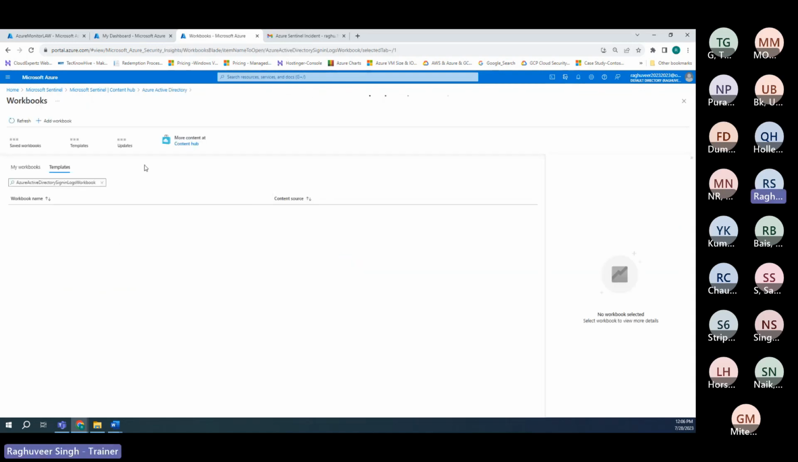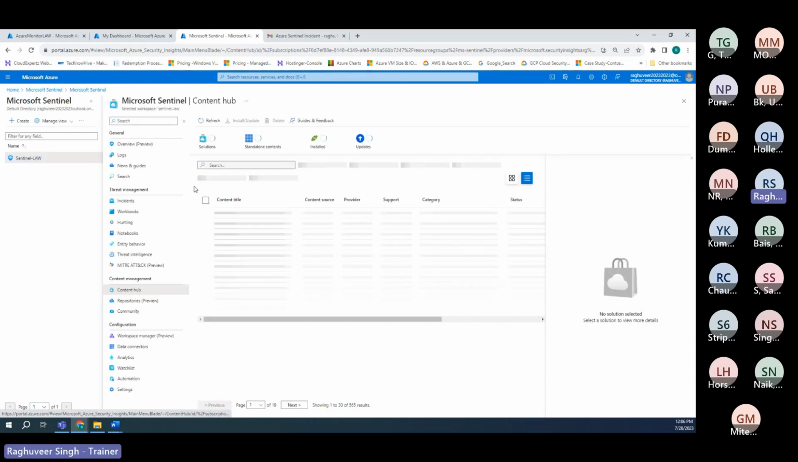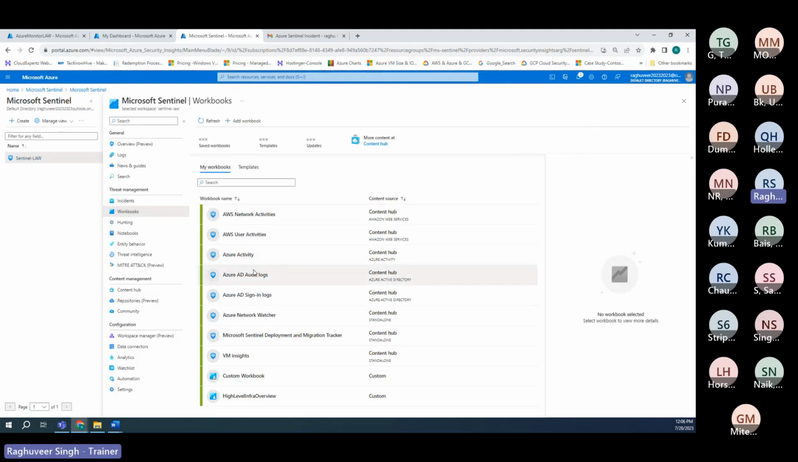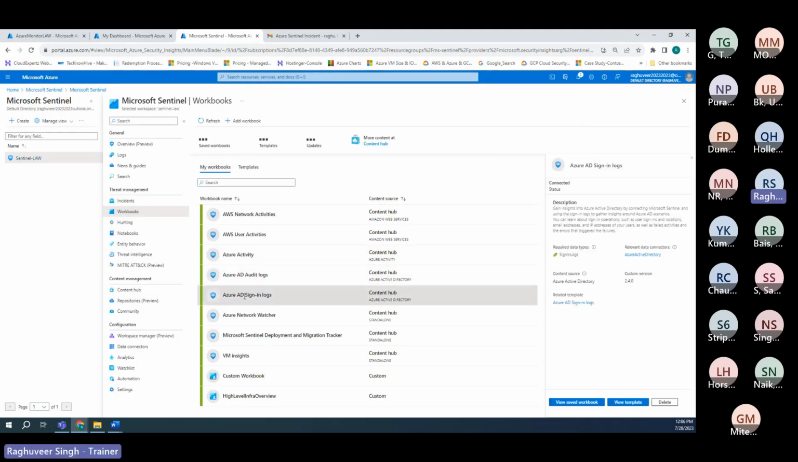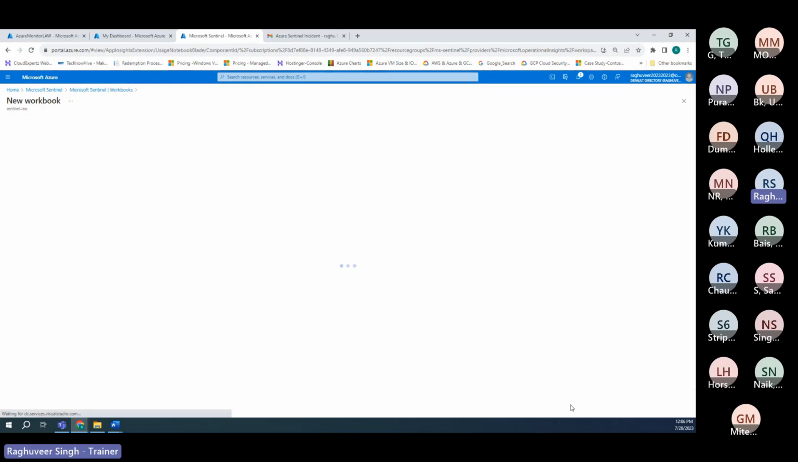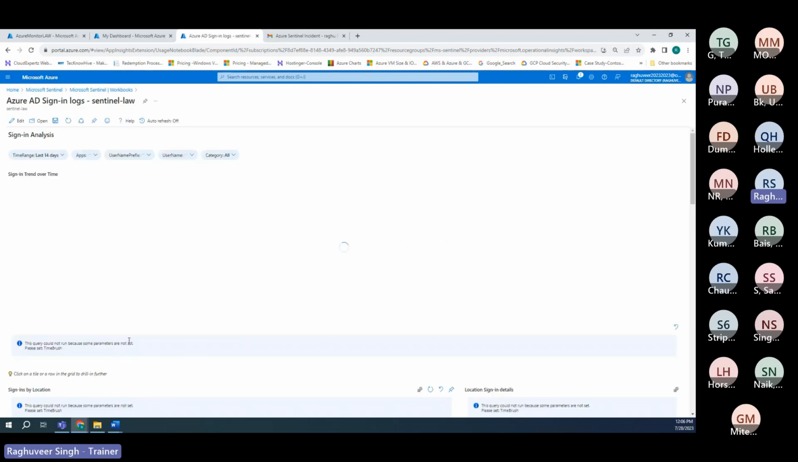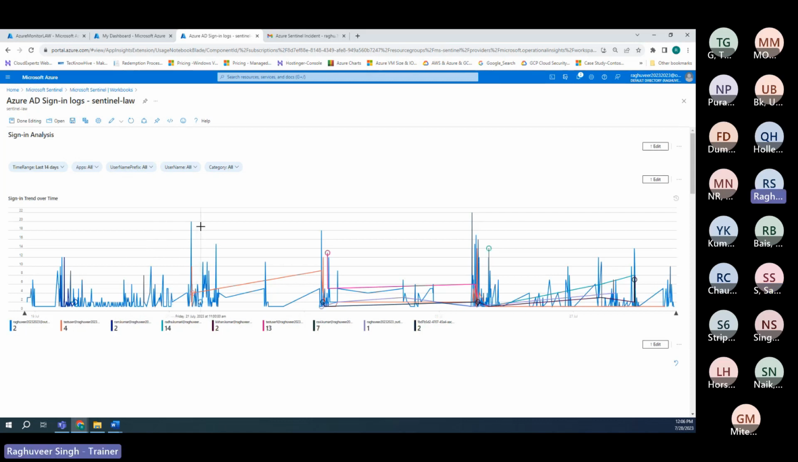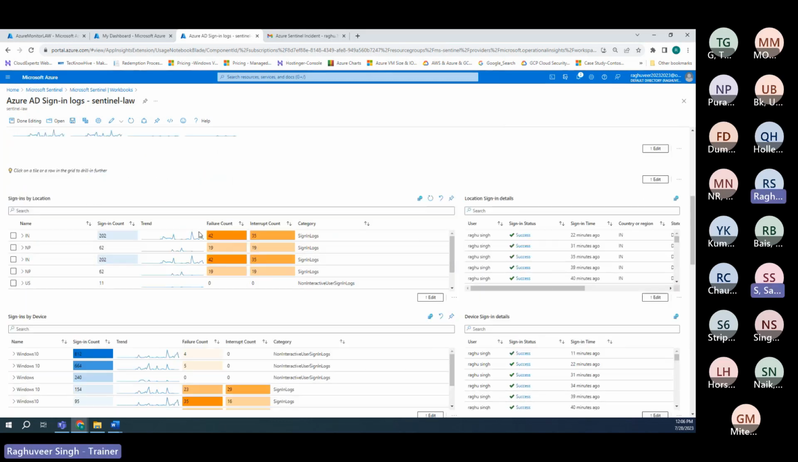Once it is saved, you can come back to the Sentinel page once again and navigate to Workbooks under Threat Management. Under My Workbooks, you will see that workbook here, Azure AD sign-in. Then you can select the workbook and click on View Saved Workbook. Here it will show you all the default configuration of the workbook. If you want to edit the workbook and add some additional configuration, you can click on Edit, add more widgets to the workbook, and save it. That's what you can do. So this is all about working with the workbook. Make sense? Yeah, Raghu, that